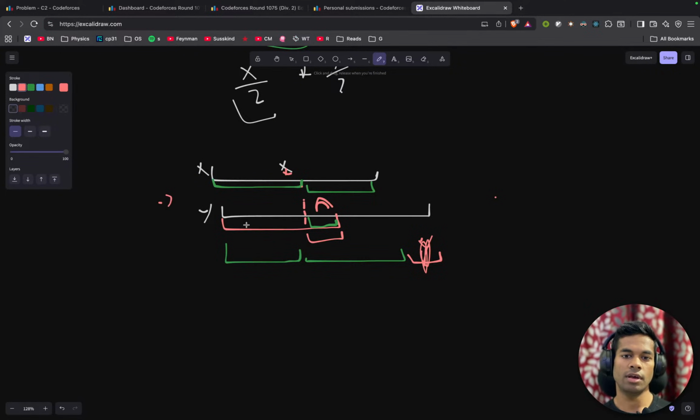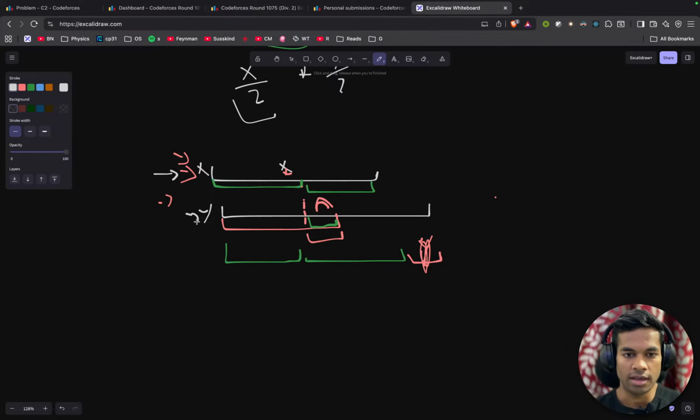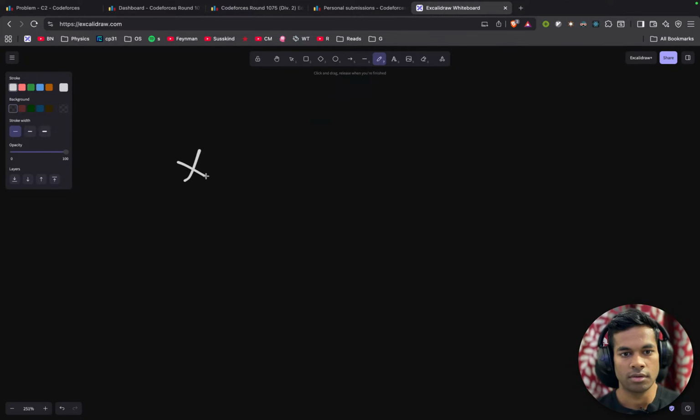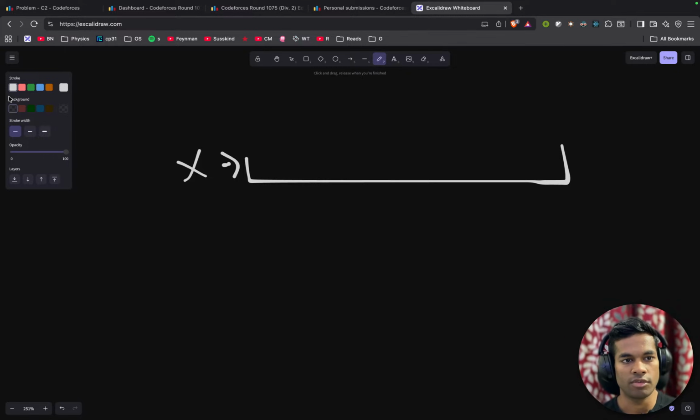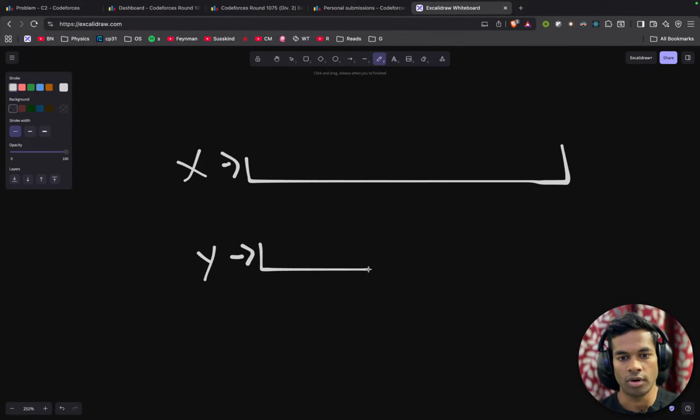If here we have that y is smaller. Yes, there are conditions here. We arbitrarily chose that y is greater. If y is smaller than x, let's say x is this much and y is smaller than x,